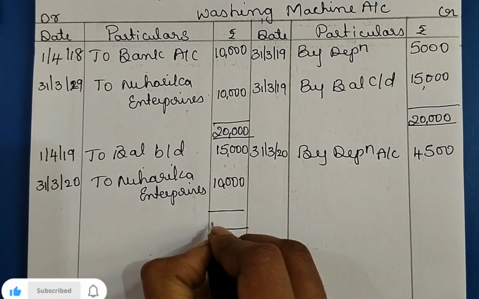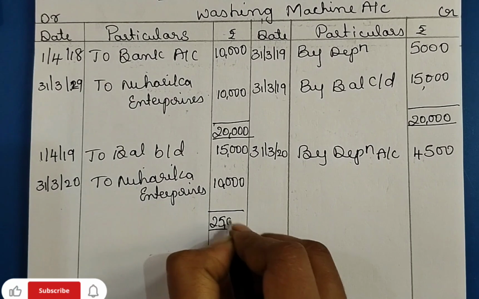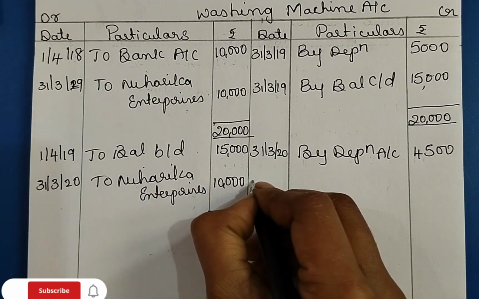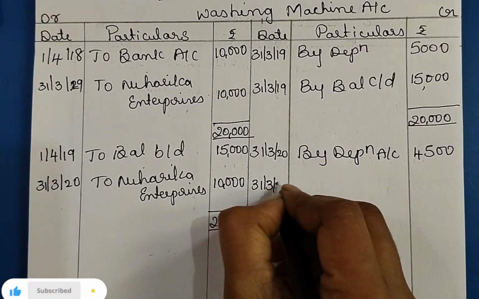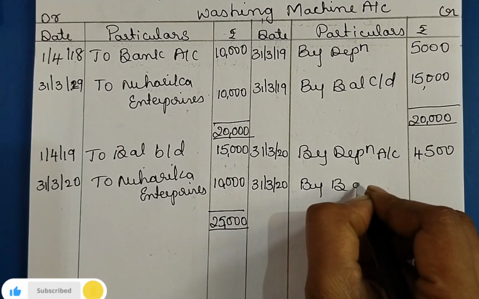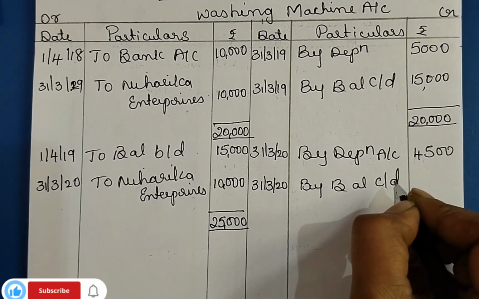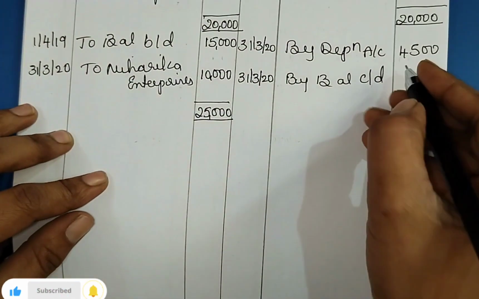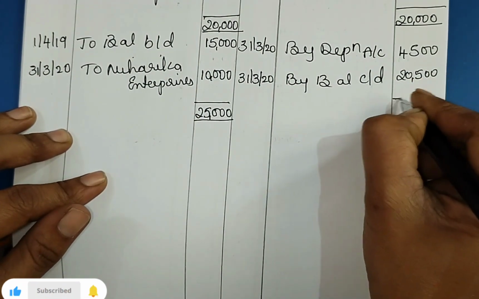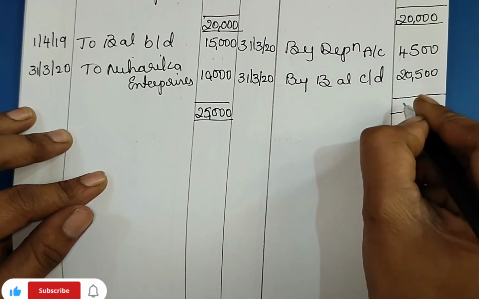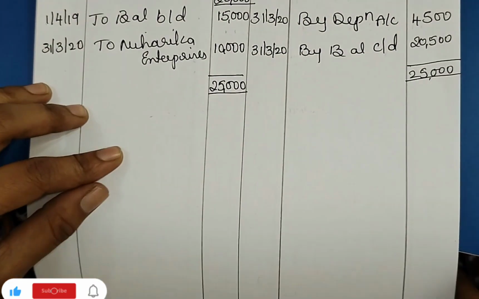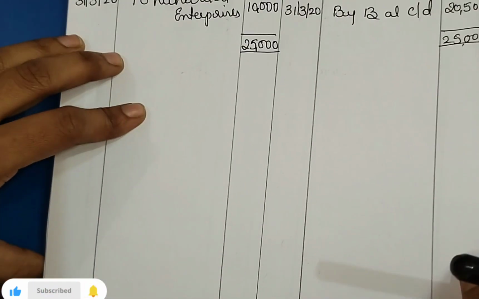It is 25,000. 25,000 minus 4,500 on 31st March 2020 by balance carry down 20,500. Total 25,000. Right. Then next is